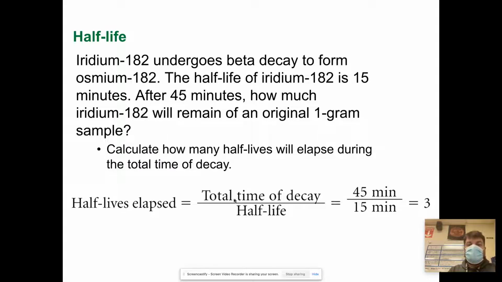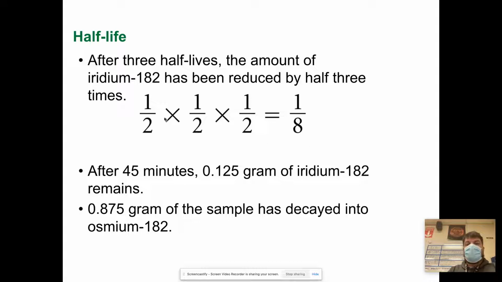So you're just going to take the total time of the decay and divide it by the half-life, and that'll tell you how many half-lives that you go through. Once you know how many half-lives, you're just going to say 1/2 raised to whatever that number is. So this would be 1/2 raised to the third power, or 1/2 times 1/2 times 1/2, which is 1/8. So after 45 minutes, 1/8 of a gram,